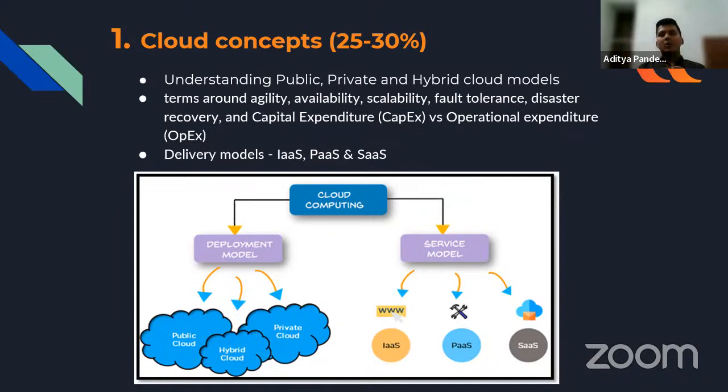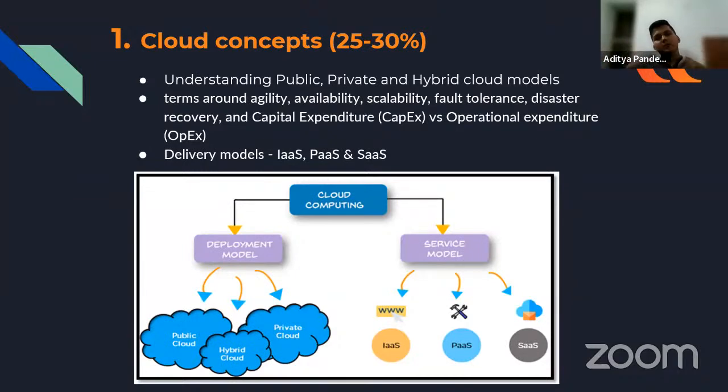Now, if I talk about software as a service, here I want to take the example of Google Drive, right? They are giving you everything. You just have to put your data there, right? You are storing your data. Or if I take another example, they are giving you a laptop with an installed OS and installed IDE.